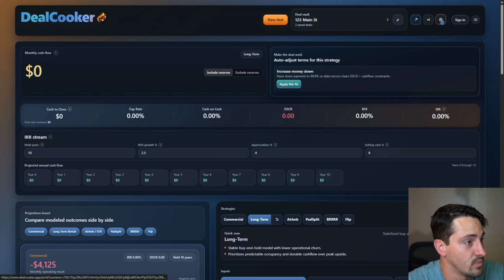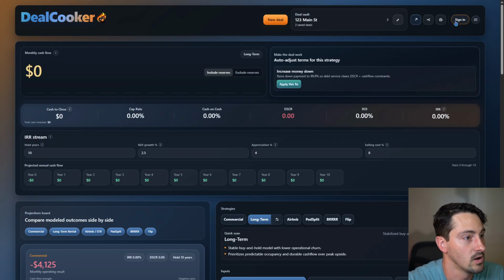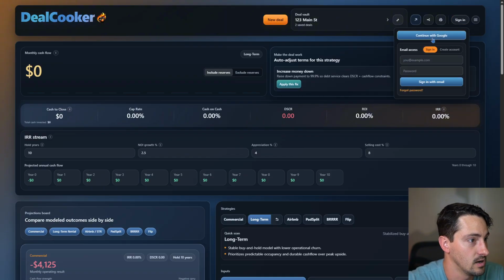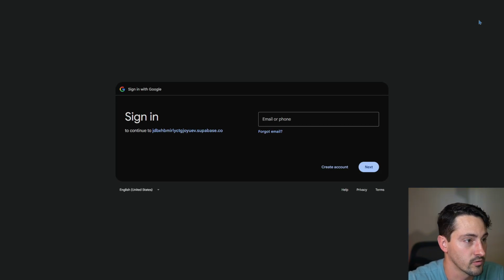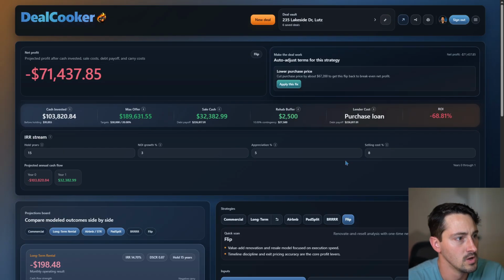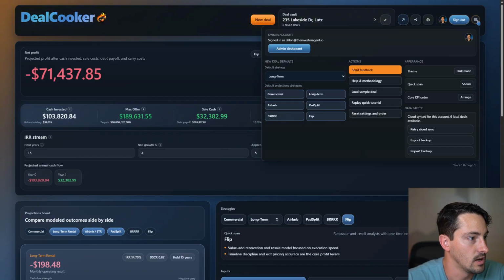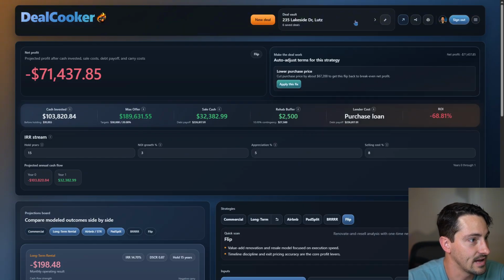The third button is the report. We'll look at that a little later, because this will bring up the report, and we have nothing to show for it yet. But right now you can sign in. You sign in with Google, or you can create an account with any email. All right, now we're signed in, so you get a little profile showing you're signed in. You can sign out. Now that I'm signed in, I have a record of all my deals, of which I only have 6 on this account.